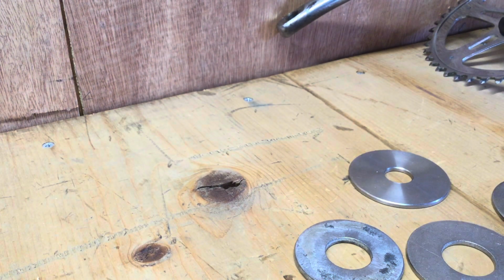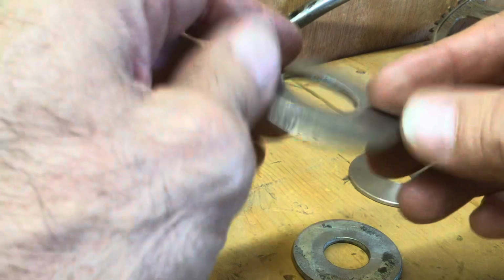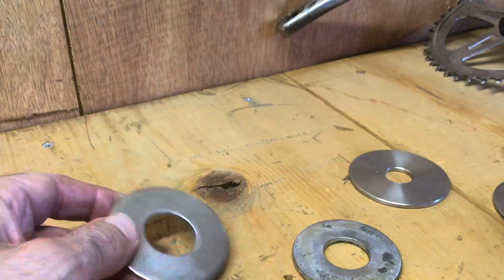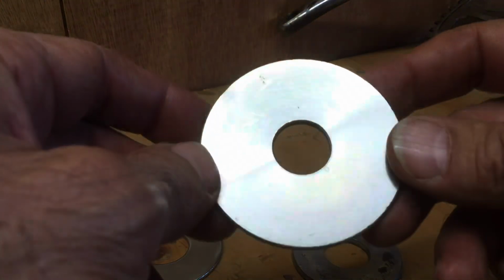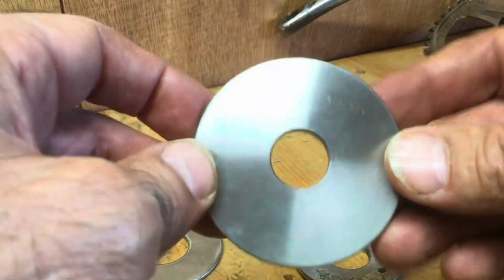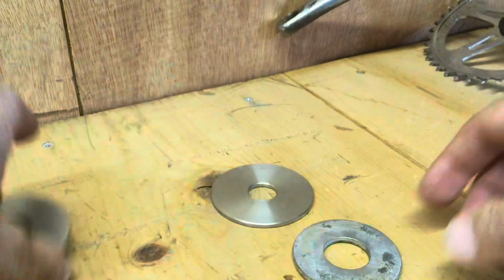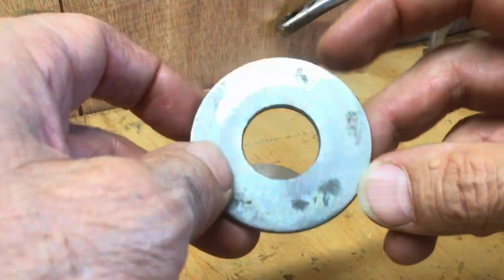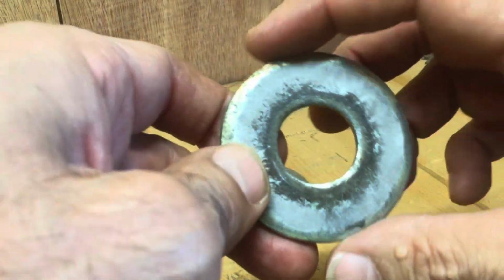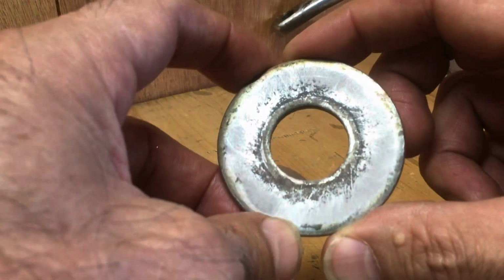All right, and after a little trial and fitting, I determined that the ID is too big on this one, as well as the OD. The ID is too small on this one, and the OD is too big. Okay, these two are identical. So this one has just the right inside diameter. The outside diameter is very close. It'll work,